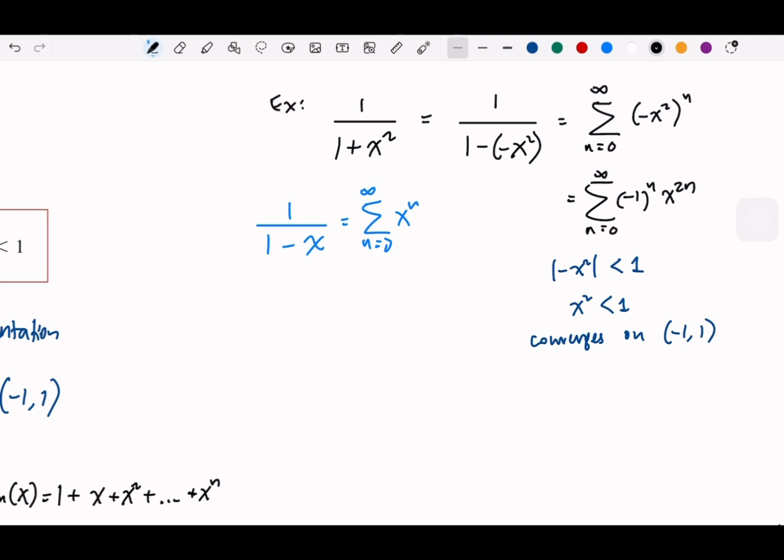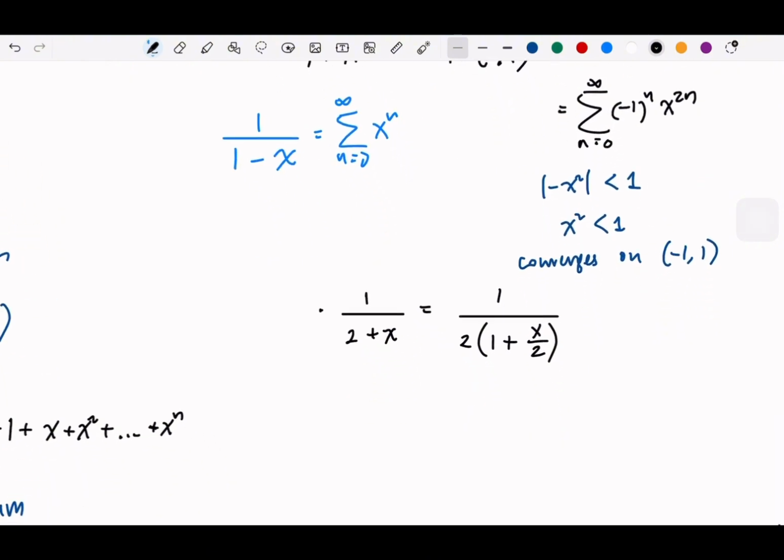And similarly, if we have 1 over 2 plus x, our goal is to make it into 1 minus x. But now we have 2, so we can factorize 2. So this becomes 1 plus